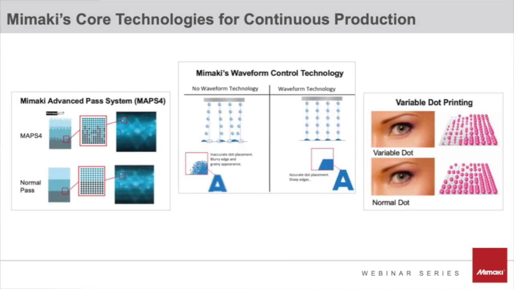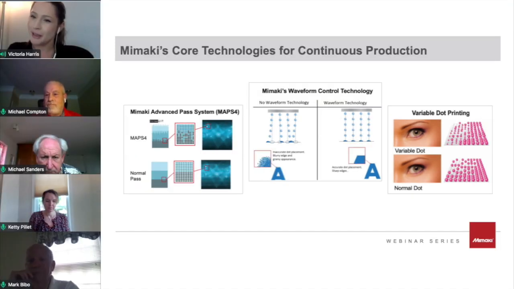Here, these are 3 other technologies Mimaki prides itself on. We have Mimaki's waveform control technology, which is my favorite. So basically the waveform technology controls the frequency at which the ink droplet is jetted from the print head. So it allows for the ink droplets to be in a perfect spherical form and for them to have really precise shape and formation to recreate the images on the material. So this is where you see the super refined edges, very crisp and fine lines and details of Mimaki printed